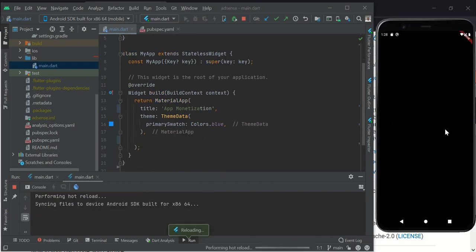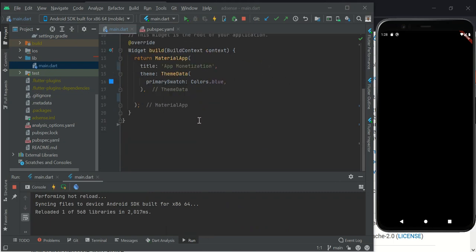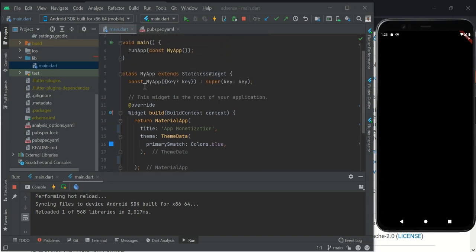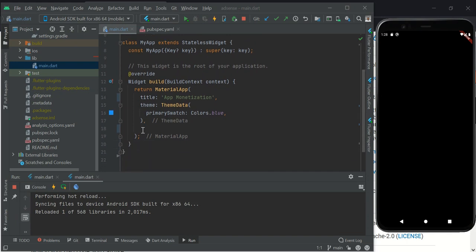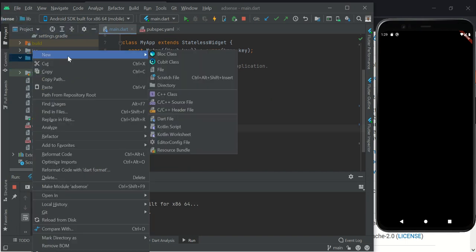I just want you to be able to see what we have as we keep on building. So I've also gone ahead to delete most of the things I have, and I only have my main void and my class app. So right now we have not defined any home for it. That's why it's looking blank. We start by defining a home route and saying